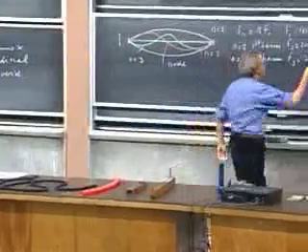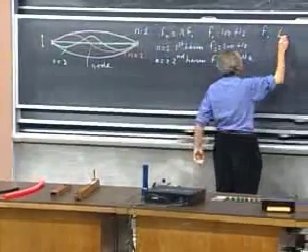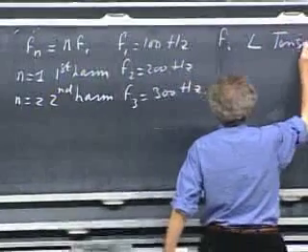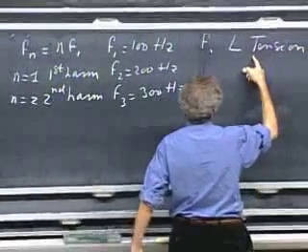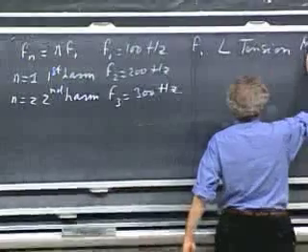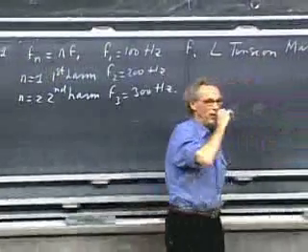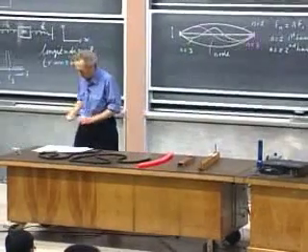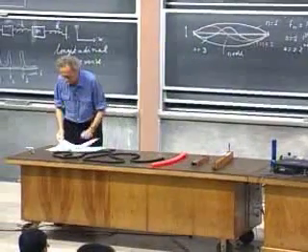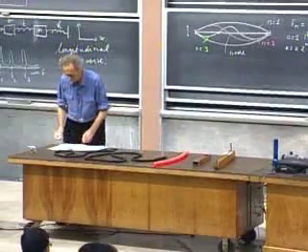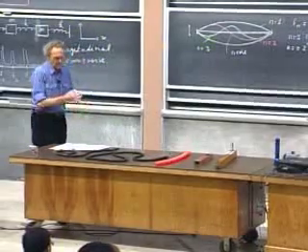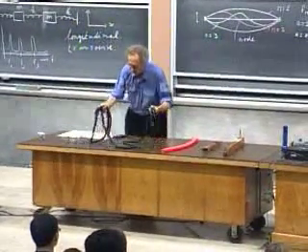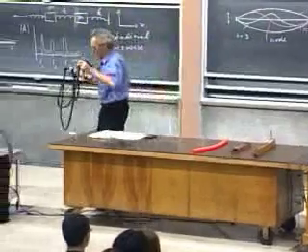F1 depends on the length of the string, on the tension. I will write tension, don't confuse this with period, and it depends on the mass of the string. Without going into the detail how the dependence is, these are the parameters that determine the first harmonic. I have here a very special violin string or piano string, whatever you want to call this, and we can